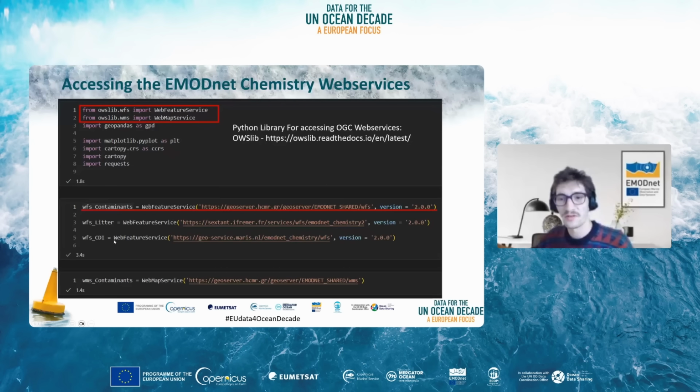All these URLs are available on the EMODnet website in the web service documentation page online. And you'll see they are very varied depending on the type of data and the thematic you want to access. Here we define the specific one for contaminants.